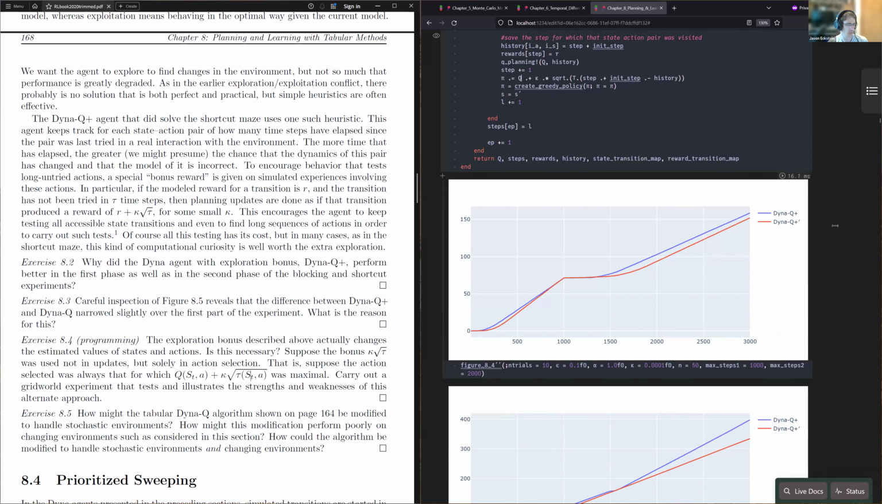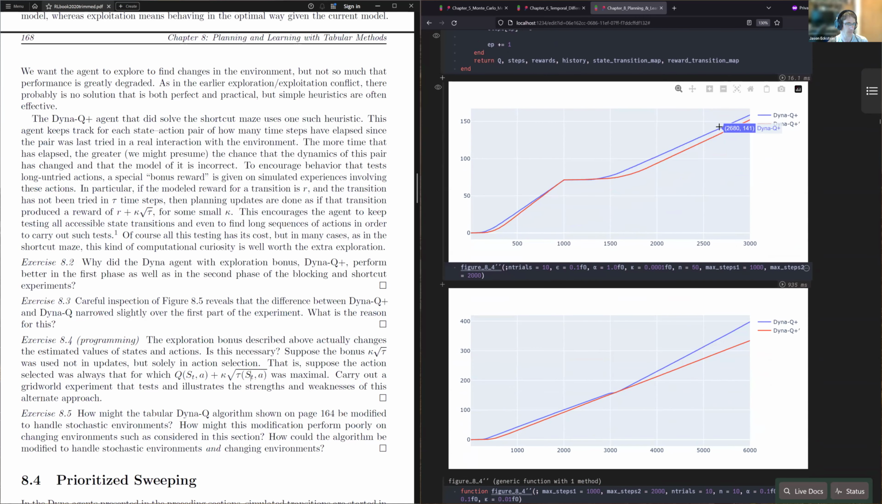So here's some results. This is showing the blocking maze, where it has to learn the new path, and this would be the shortcut maze, where there is a new optimal path that it has to learn. The blue line here is DynaQ plus, one we already had, and we know that DynaQ plus is successful